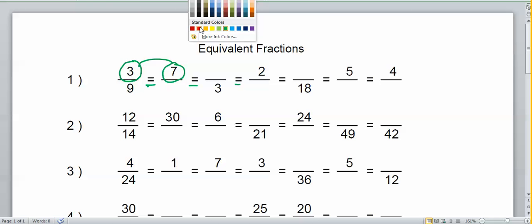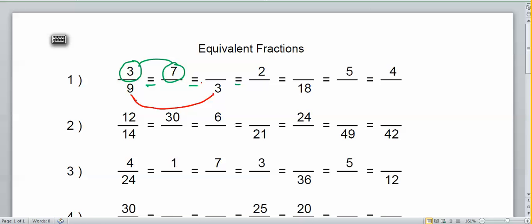If we go over here to the left and we divide 9, how do we get from 9 to 3? We're going to divide that by 3. If we divide this side by 3, we divide the bottom by 3, we can get to 3, which means that we have to divide the top by 3, otherwise it's not equivalent. So 3 divided by 3 is 1, 9 divided by 3 is 3, so 3 over 9 is the equivalent